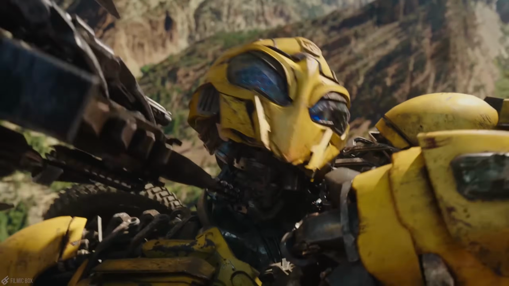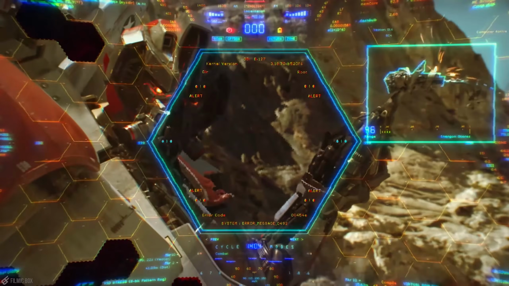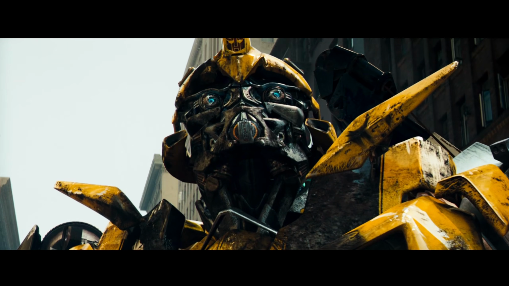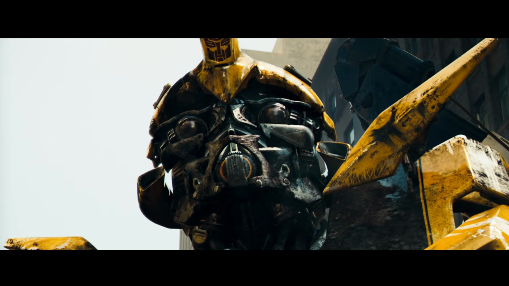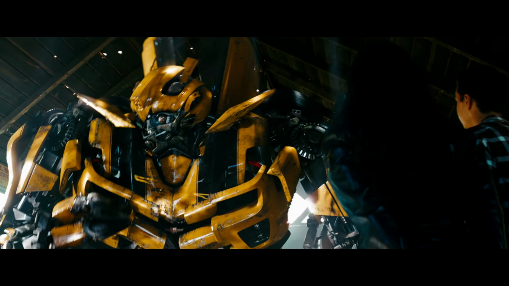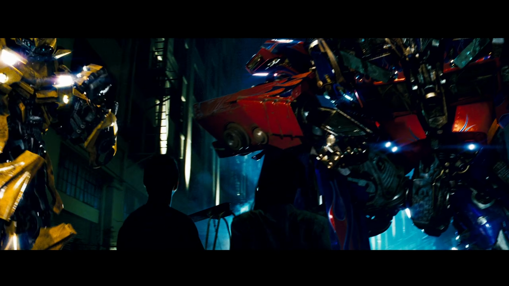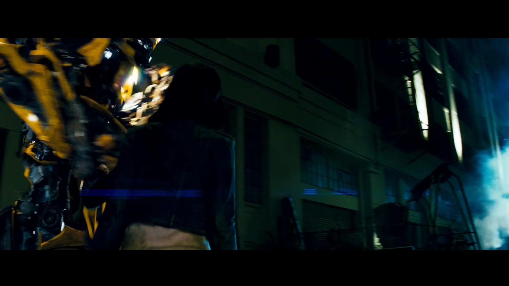And then you have the Bumblebee movie, which is the direct opposite of both instances. But we'll go more in depth with that later. Although his original voice is restored at the end of the first Transformers film, he communicates solely through his radio in Revenge of the Fallen, Dark of the Moon, and Age of Extinction, so there's a bit of plot contradiction there. But despite his vocal disability, this version of B is a very effective fighter.